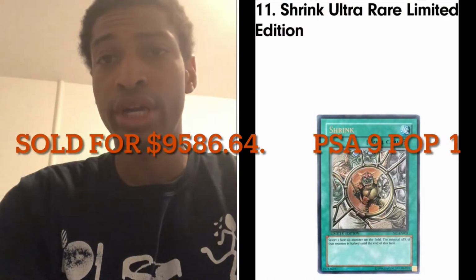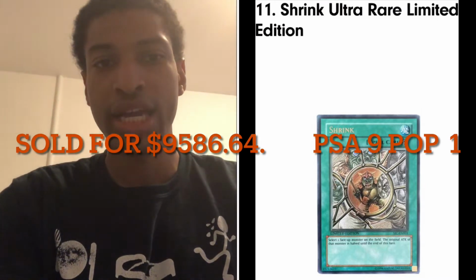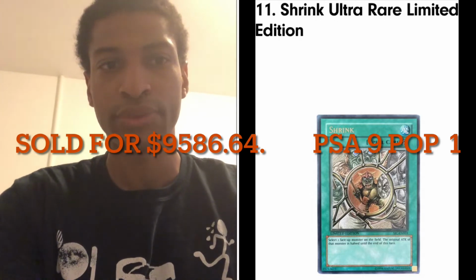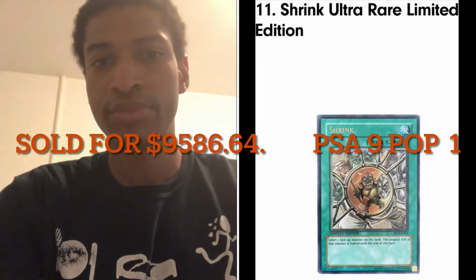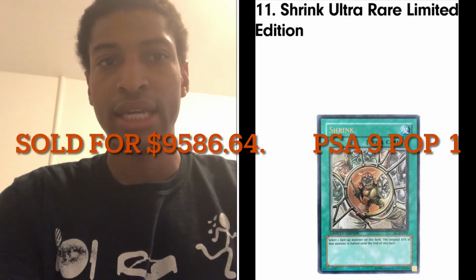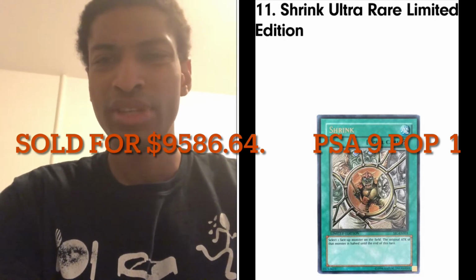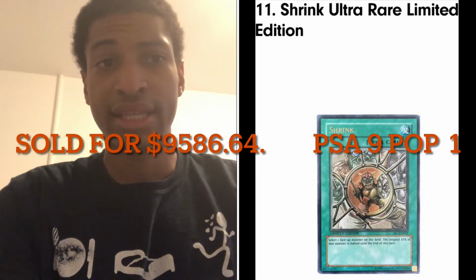And then next, number 11 is Shrink Ultra Rare Limited Edition. This card, I don't believe it sold graded. I believe it just sold raw for this one. But it comes from a 2006 Shonen Jump Championships. And it is a limited edition card. And there's no PSA 10s and only one PSA 9. But the